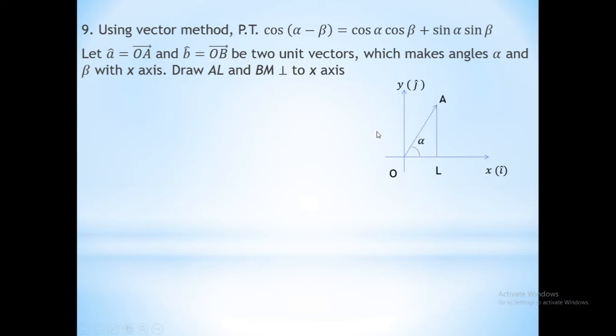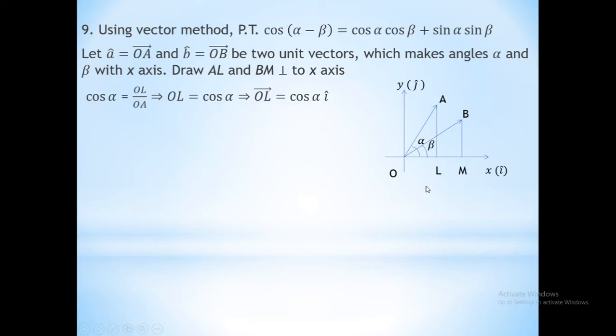Okay, so I just frame it here. So see here, OA vector, which is a unit vector, and this is the angle alpha that it makes with the x-axis. And you have to draw a perpendicular from the point A to this x-axis, which is called LA. Similarly, draw OB vector from the origin. That angle is beta, which it also makes with the x-axis. Draw a perpendicular from B to x-axis, which is BM or MB. Okay, this diagram is very important, that carries marks too.